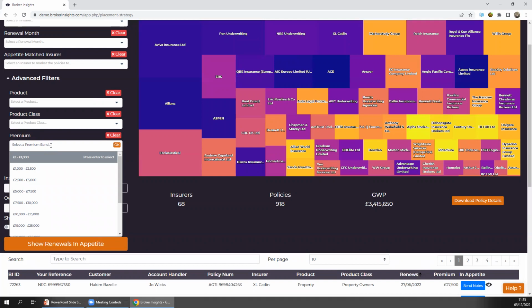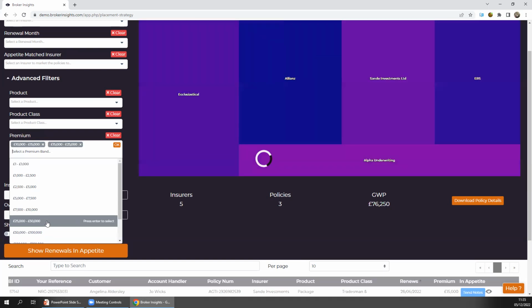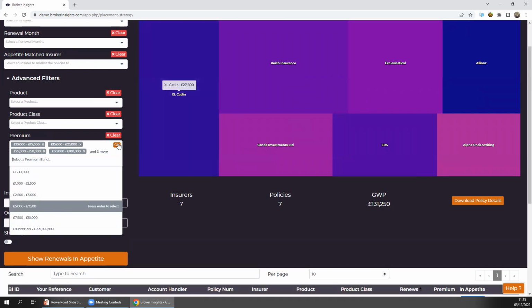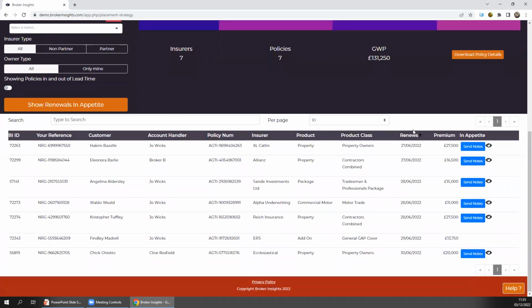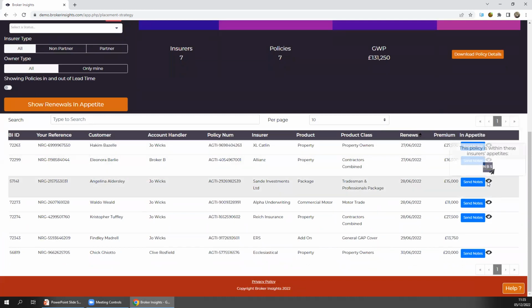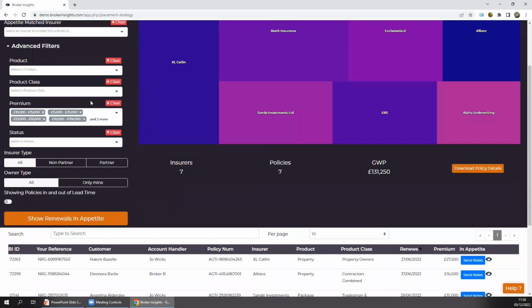It might be a more manual quote. You might have to go onto various trade websites, put together presentations, that kind of thing. This premium band allows you to identify those cases. So if you want to filter out any e-trade cases, for example, and just focus on the larger cases, then you can apply a filter. Let's say anything above 10, 15, 25 and upwards. If this was my live policy book, I would need to put together presentations about these cases. So it just means that ahead of doing so, I can identify which insurers I'd wish to target and send those presentations onto. So that premium band filter can really, really come in handy.